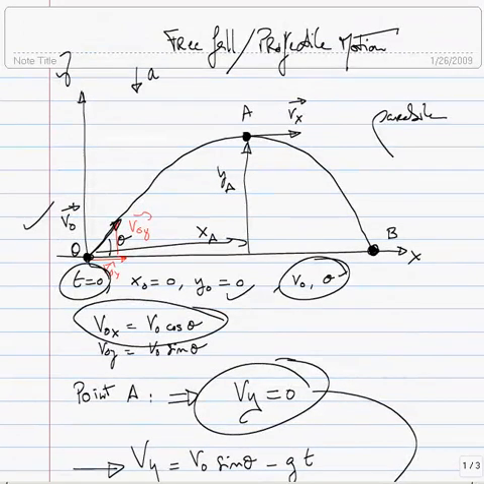Let's go back to our graphs. It means that the time it took to go from this position to this position is half the time it took to go from this position to this position. This is true only if you have a nice symmetry,